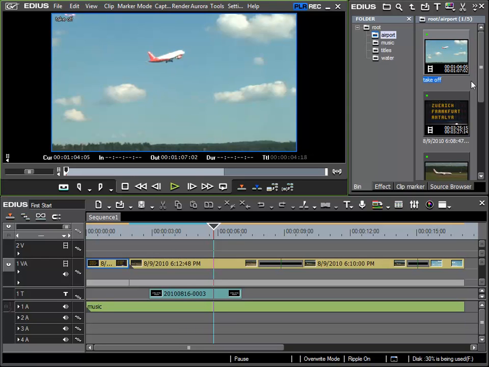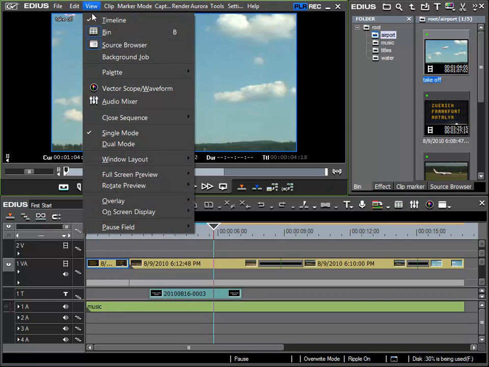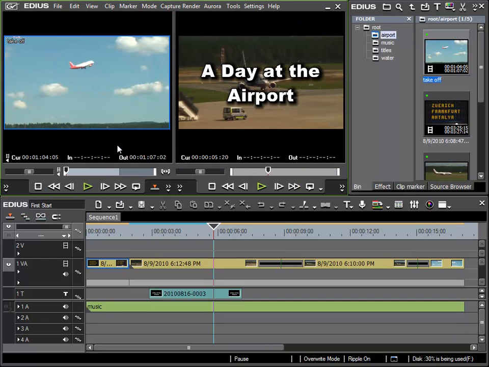It would be nicer if we could see two preview windows, one for the material you want to view and place, and one that is always showing the frame at the current cursor position in our timeline. And this can be done by choosing dual mode, which I will now choose by going to the menu View, Dual Mode. And now we can see that the left preview window, which is titled in the manual Player, shows us the currently selected clip from the bin, and the right preview window, or so-called Recorder, shows us the contents